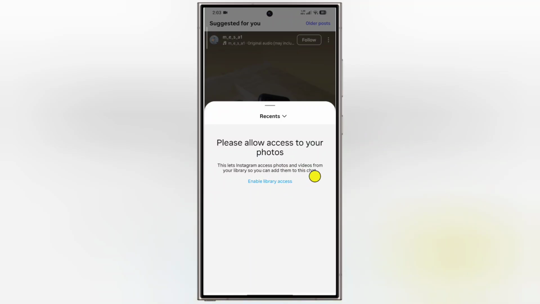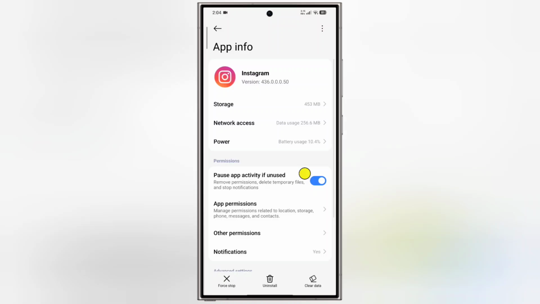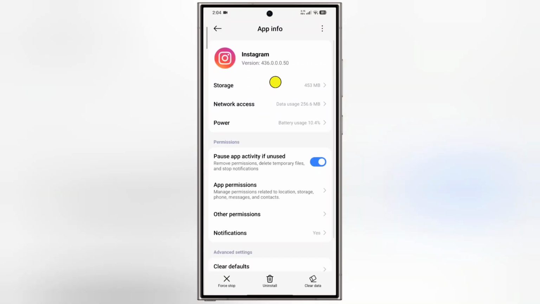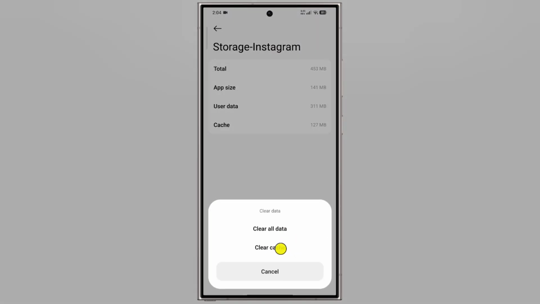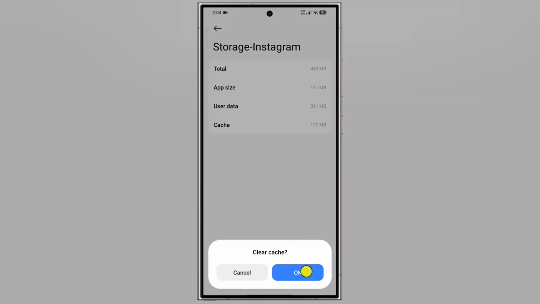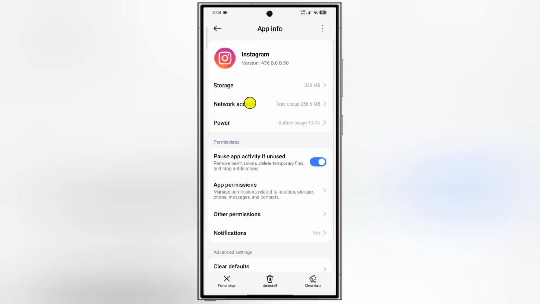Tap on Enable Library Access and open Settings, then tap Permission and turn on Storage. Tap on Open Settings. And tap on Storage. Tap on Clear Data, Clear Cache. OK to confirm. Go back to previous page and tap on App Permission